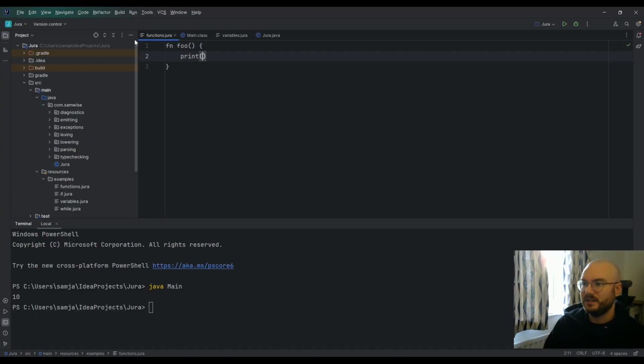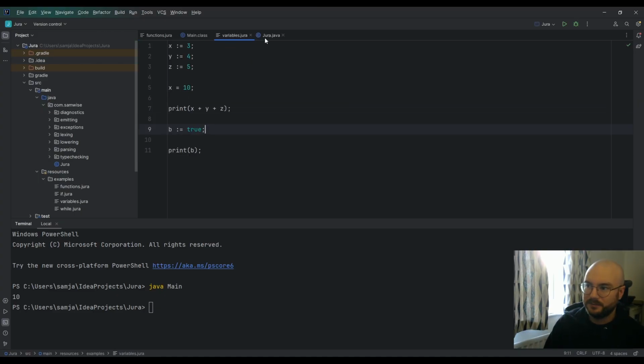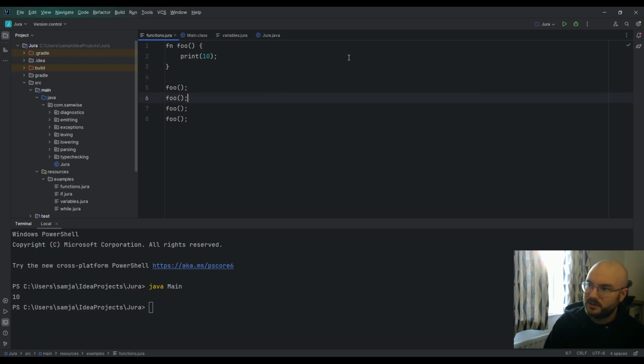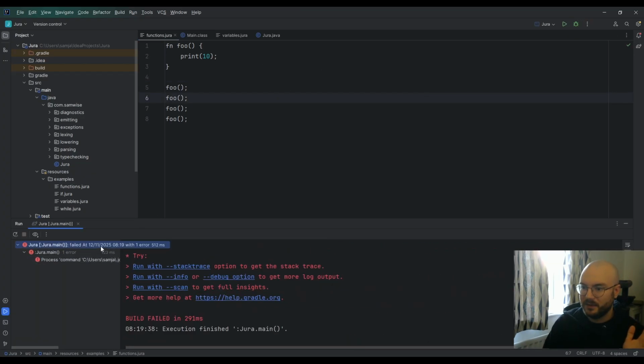Because that's just going to be the easiest thing to compile first. So we'll just wrap that print10 in a function foo. And then we can just call it 4 times. Okay? So if we run this, it's going to immediately complain that it doesn't know what the hell we're talking